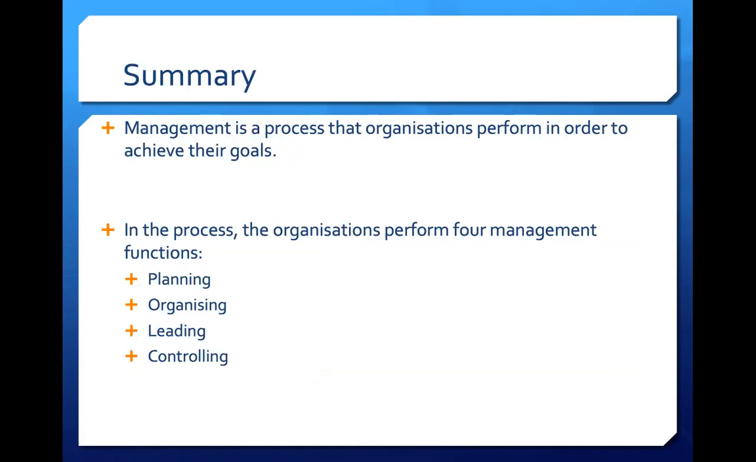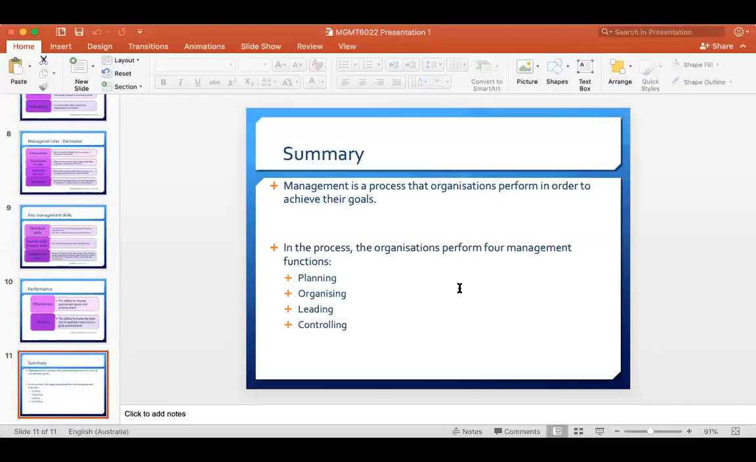Right, a brief summary. Management is a process that organizations perform in order to achieve the goals. Management has goals that we need to achieve, and in the process of achieving the goal, the organizations perform four management functions: planning, organizing, leading, and controlling. Or some other people suggest planning, organizing, actuating, and controlling. Okay, right. So that will conclude our